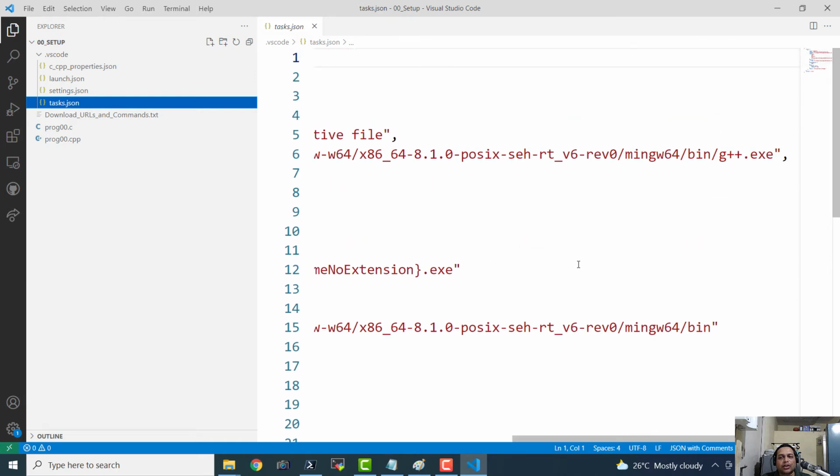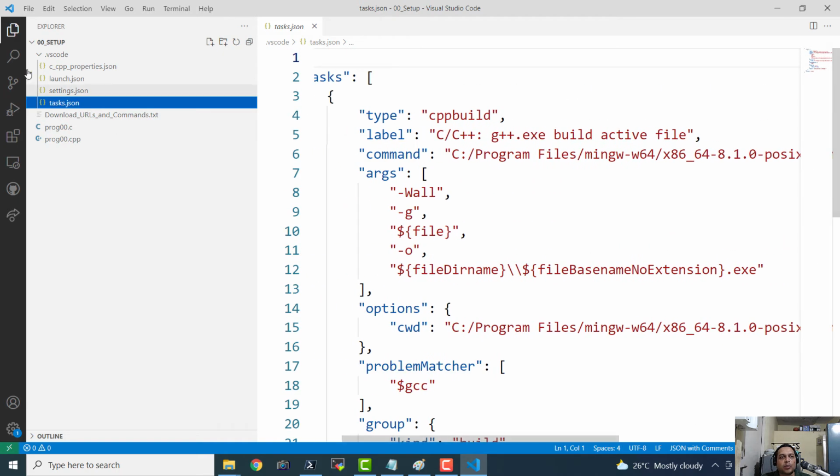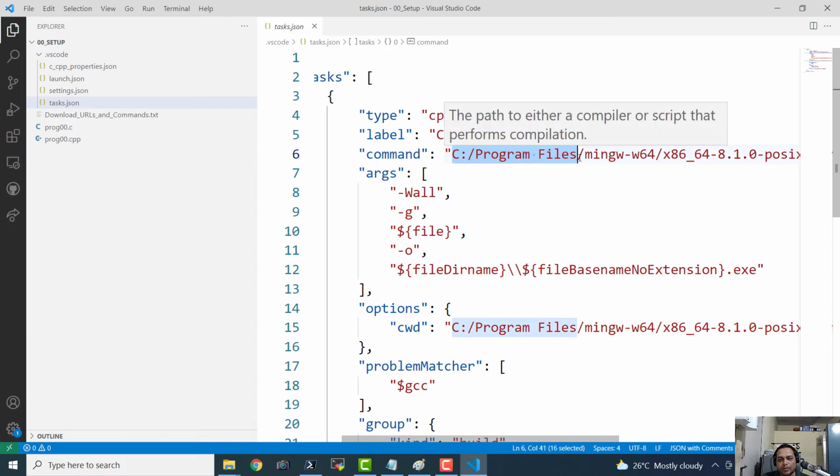You can manually set all these paths, or you can just go ahead and copy this .vscode folder into your directory and then type in code dot in the command prompt after switching to that particular directory, and your entire programming environment will be set up. In case you have installed it in a non-default location, just make sure that you change this path and it will automatically detect everything else.